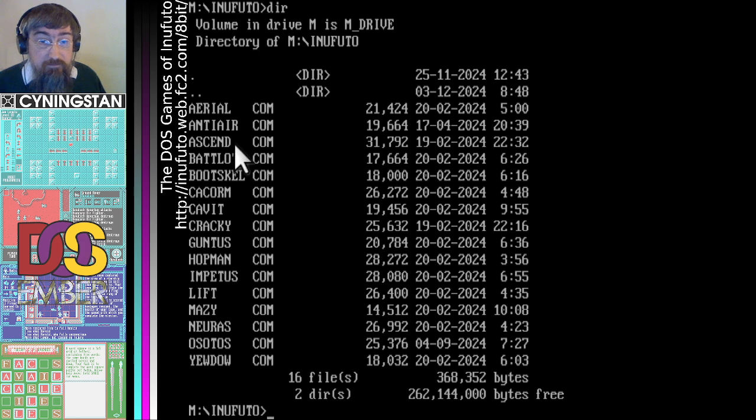One of the systems they've got is the IBM PC, and they do both bootable disk images and DOS versions in a single .com file. And you can see all the current releases listed here in the DOS version.